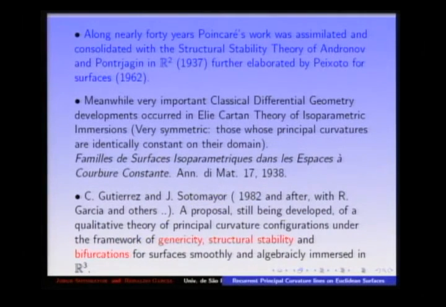What is an isoparametric immersion? It's an immersion into a Euclidean space or other more complex surface or manifold, generally with, he was taking the